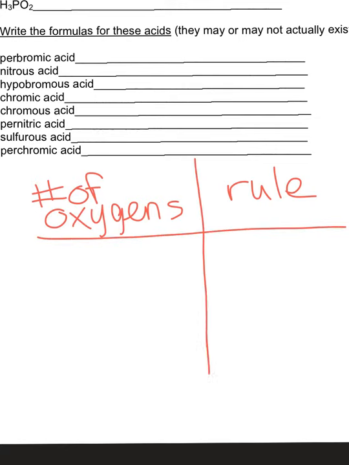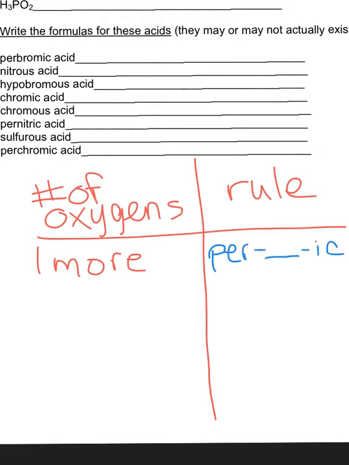Now, if your number of oxygens in the formula, if there is one more oxygen than the reference ion, then remember what the rule is. If there's one more, then our rule, prefix per,